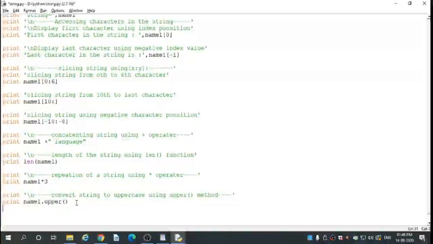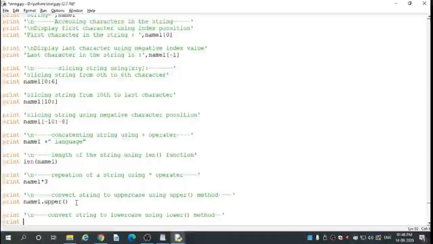Same like that in lowercase. Print \n convert string to lowercase using lower method. Single quote completed here.